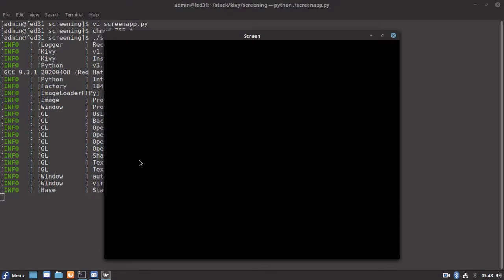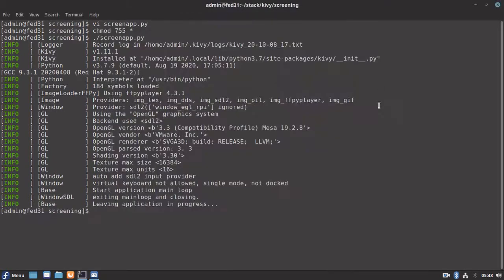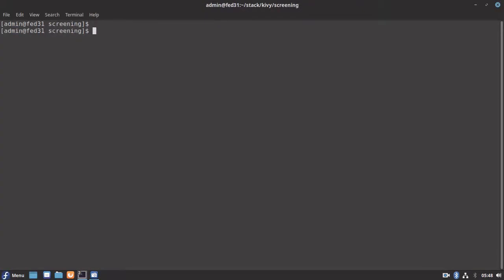Let's try to extend this one and create our screens within this application using the KV file. Let me name my KV file as screenapp.kv.